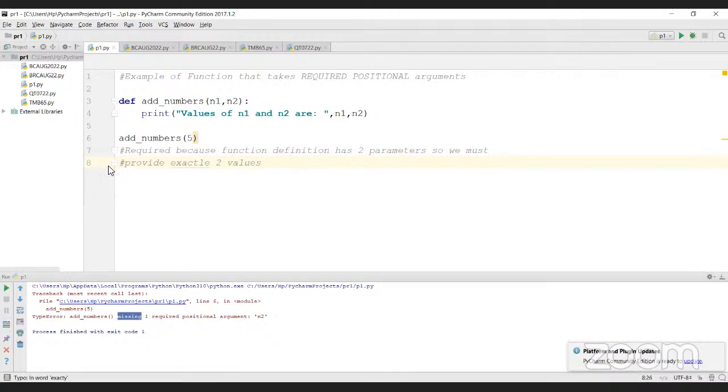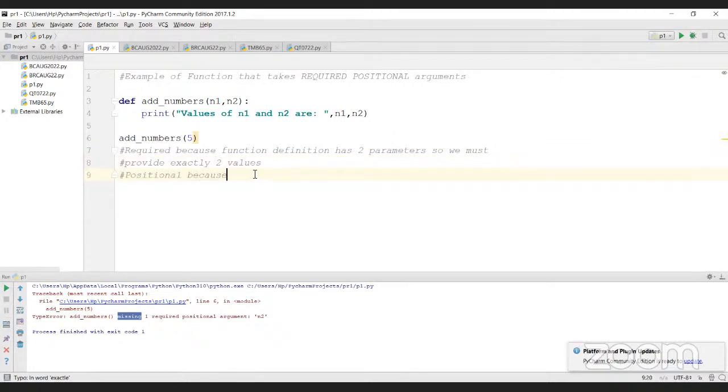I cannot provide 3 or 1; even 3 will throw an error and 1 will also throw an error. So exactly two values, that's what we call required. Positional